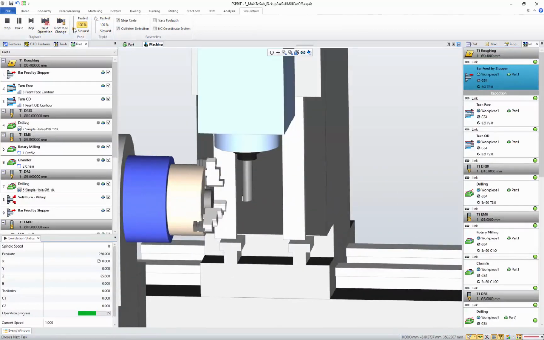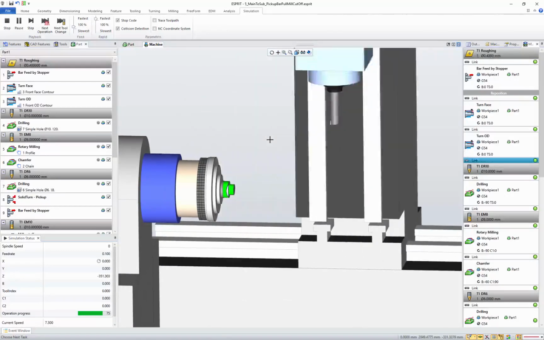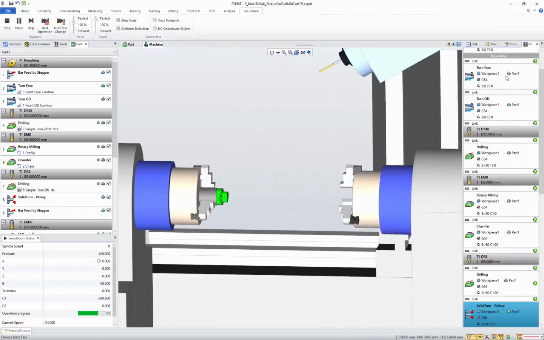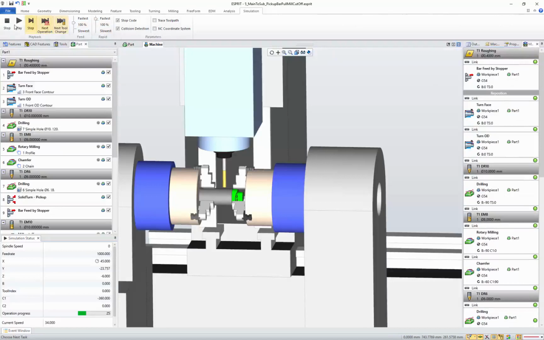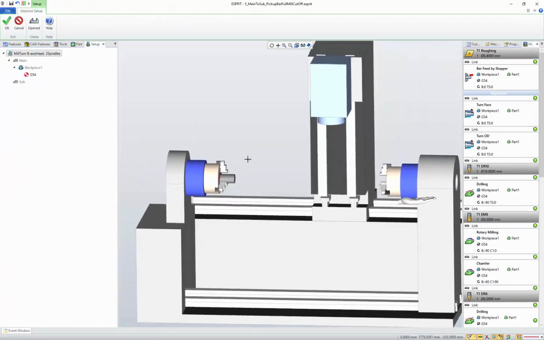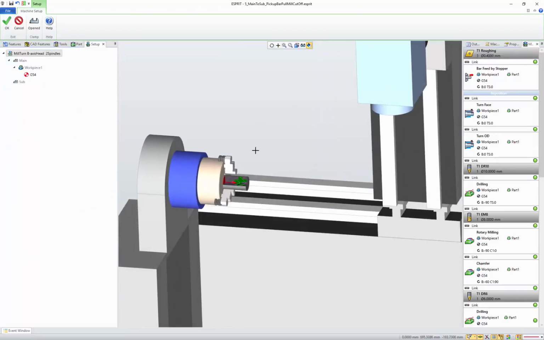So at the beginning of the program, it feeds the bar till it gets in contact with the tool, put the bar back in the jaws a little bit, and the program continues. From the setup change point of view, we're getting another reposition at the beginning of the program. If I edit this reposition, it will be interesting to notice that the work offset is at the front face of the part before it got fed, which is probably not what the user would want. So how to fix this?